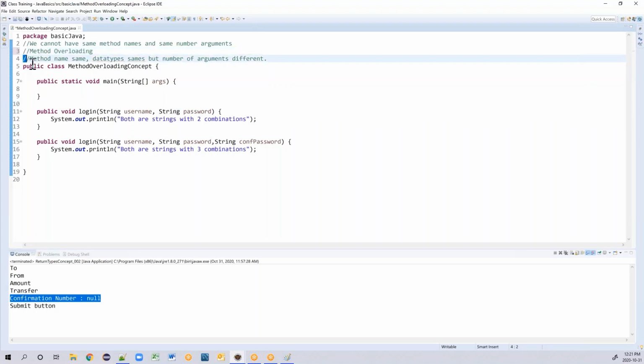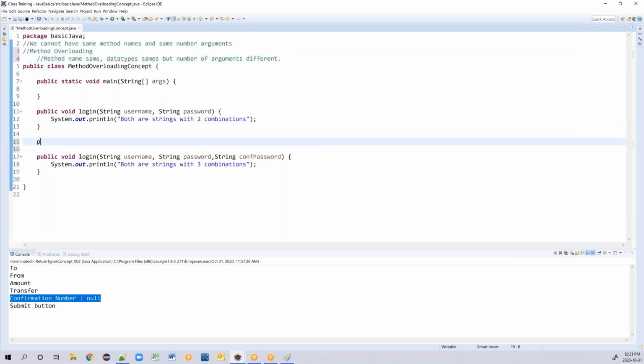This is called method overloading, which is the first rule. Now, the second rule. I'll go here, public void login. What if your username is an integer and password is a string?